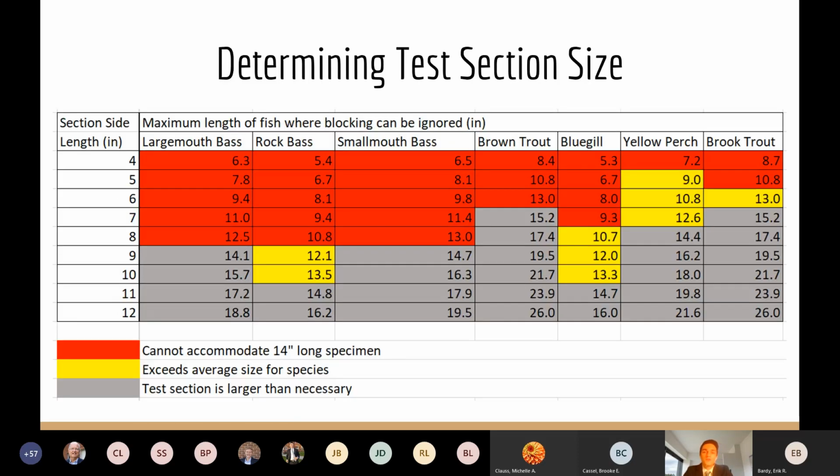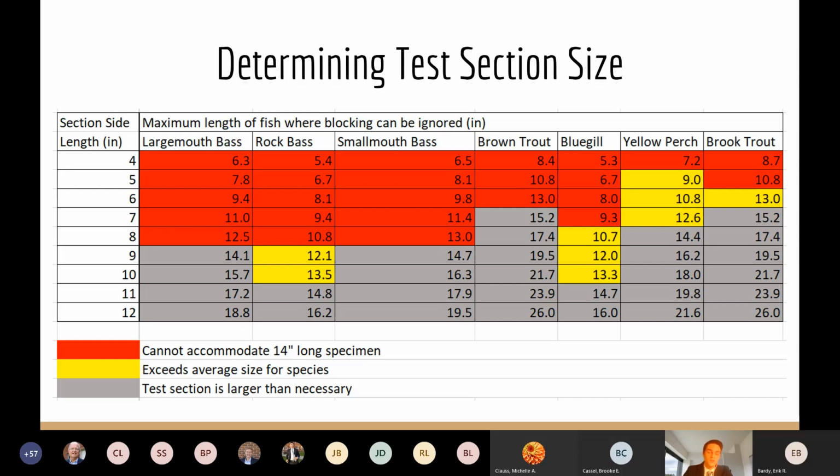To provide the most useful interpretation of the data, we calculated the maximum length a fish could be if Dr. Anderson is to study in a flume with a given side length. The purpose of this chart is to make a visual representation of the most economical decision of the test section size. The red area indicates where the section side length is not quite big enough to study a 14-inch long fish of a given species, and the gray area represents the test section dimension is longer than necessary, accommodating for